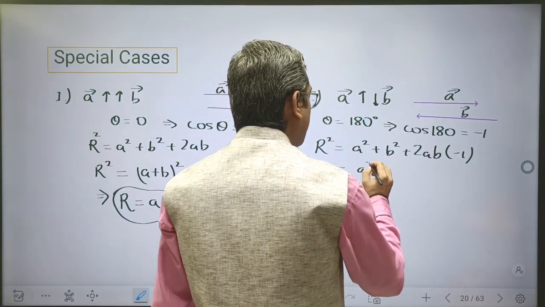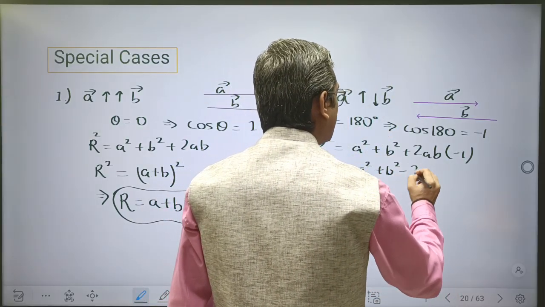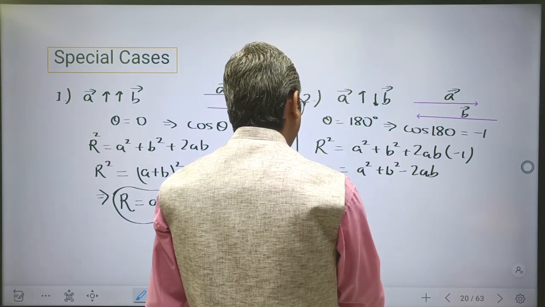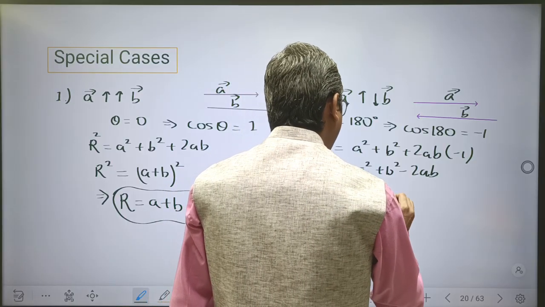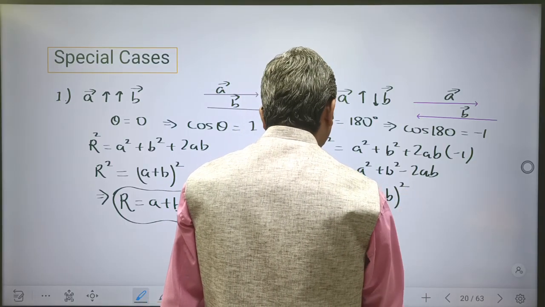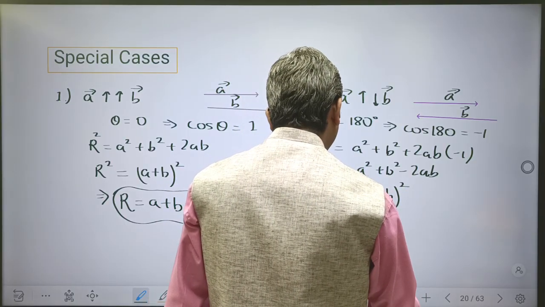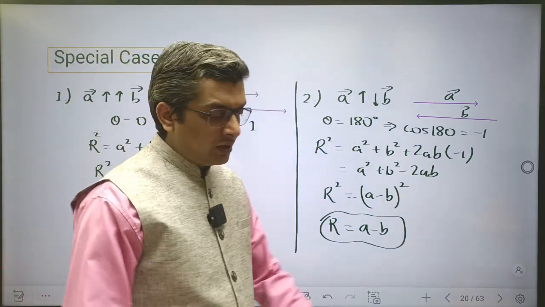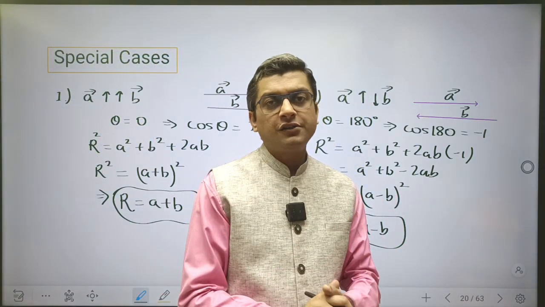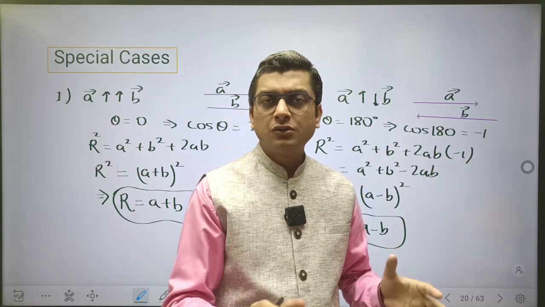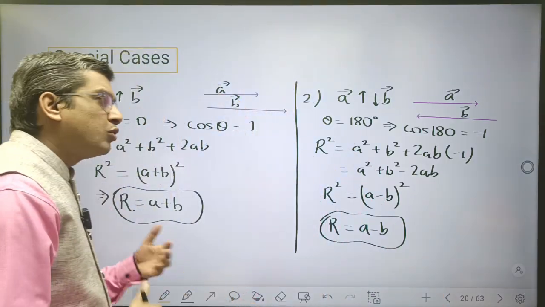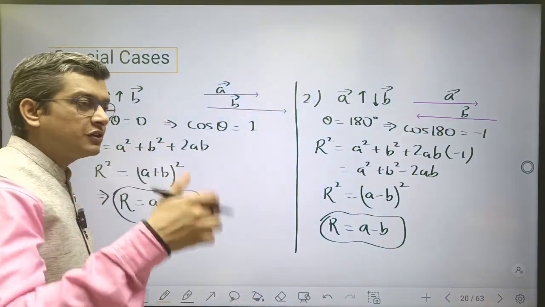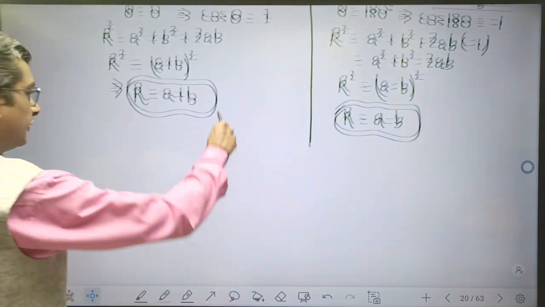So this will be given by a square plus b square minus 2ab. So r square is equal to (a minus b) whole square, or r is equal to a minus b. So when the two vectors have opposite direction, then their resultant is given by the difference between the two. That's all. And both have the tendency to cancel each other's effects. Third special case,